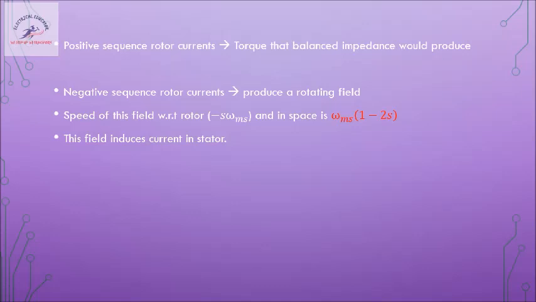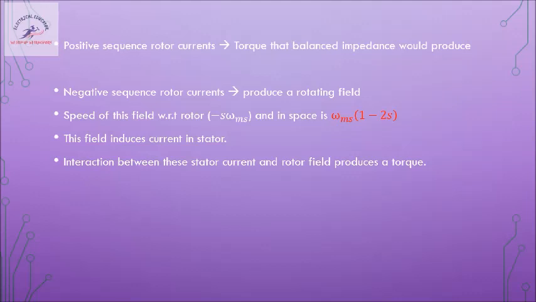So now we have a newly induced field, created by the negative sequence current, and it is inducing a current in the stator. This new stator current and new rotor field, along with the ordinary stator current and normal rotating magnetic field that is present,